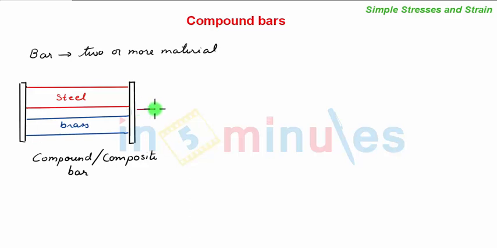Now in this composite bar, if we apply any load P, the loads shared by the steel and brass bars will be different, and it cannot be determined simply by the principles of static equilibrium, since the static equilibrium equation that can be used in solving this problem is summation of Fx is equal to 0, and there are two unknown reactions: the load shared by steel and the load shared by brass. So we have two unknowns and only one equation. Such a structure is called a statically indeterminate structure.